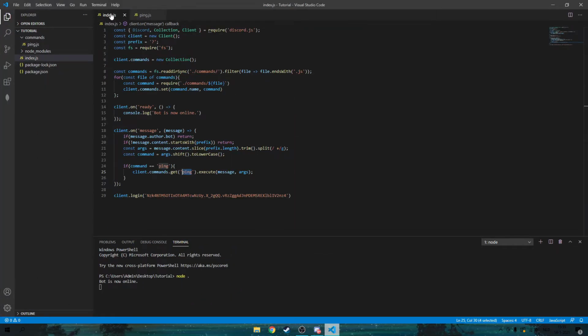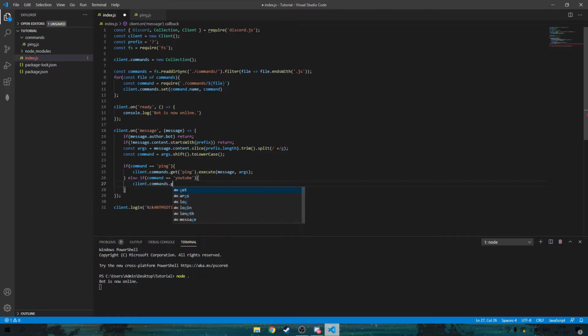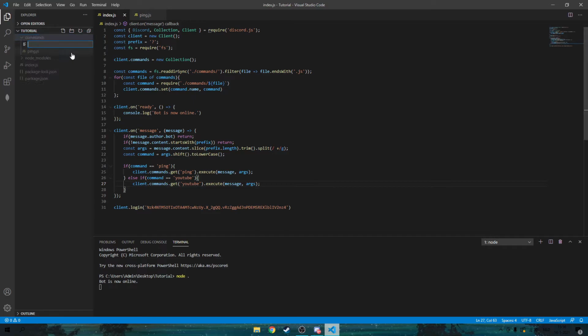And if I wanted to add another command to this, I can do the same thing as the basic command handler. I can do else if command equals, for example, YouTube, and then I'm gonna client.commands.get YouTube .execute message args, and then I'm going to add a new file, youtube.js